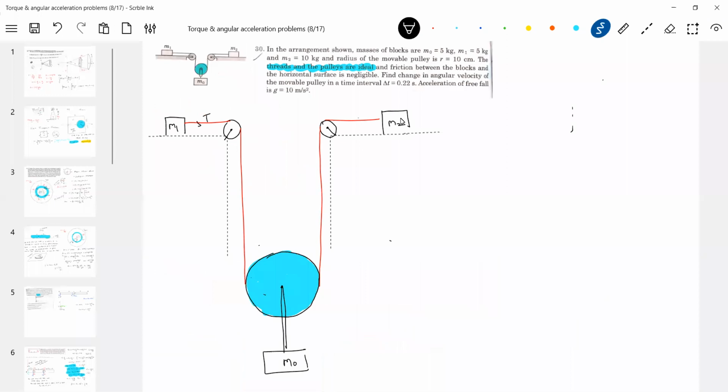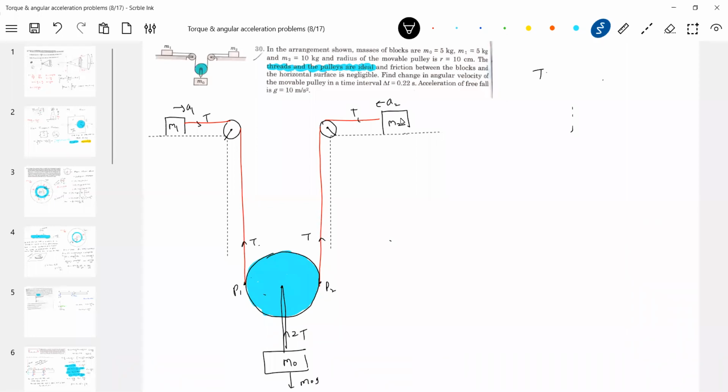The tension T. Now, why tension? Because as it is massless, the same tension will act here. And because of tension, this block has acceleration A1 and this has acceleration A2. What about the acceleration of this point? The acceleration of point P1 should be equal to A1. And how much tension here? 2T.